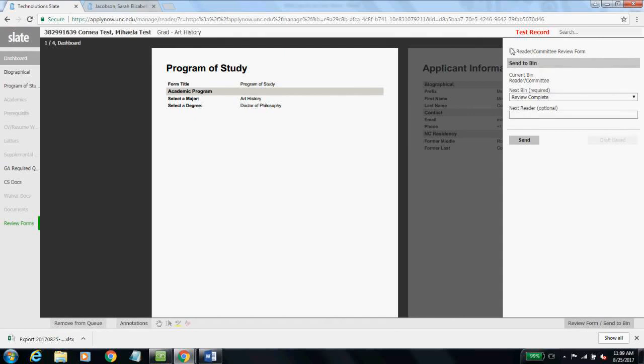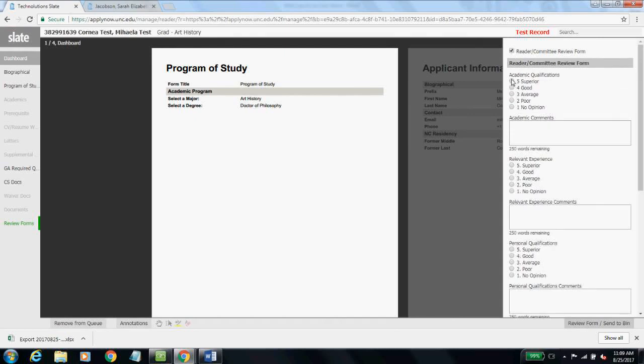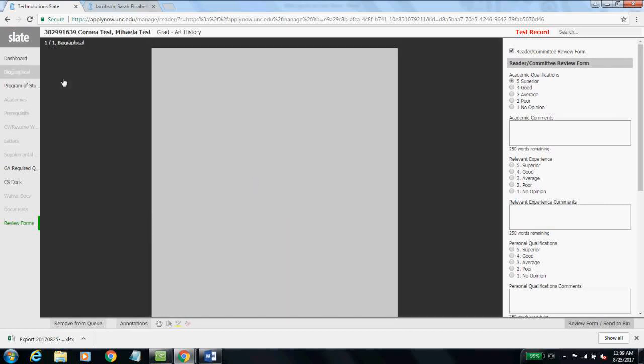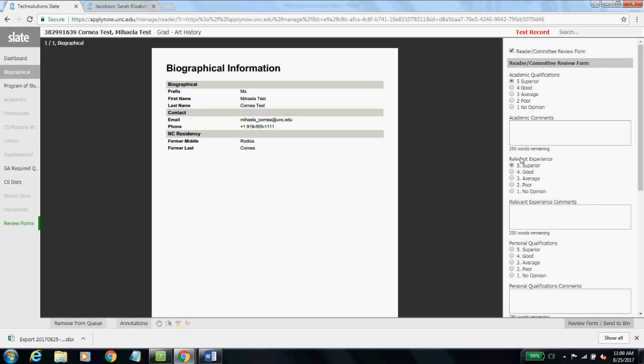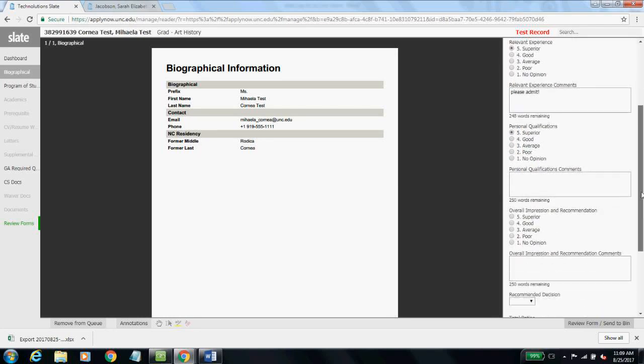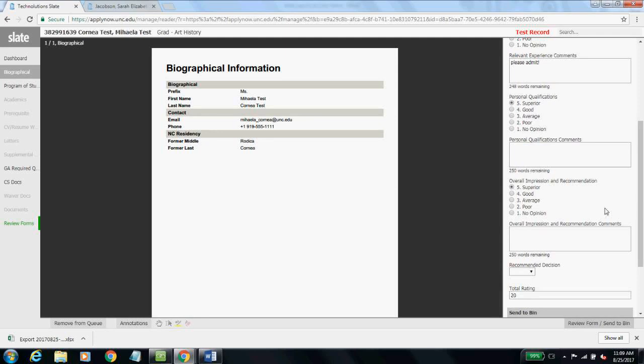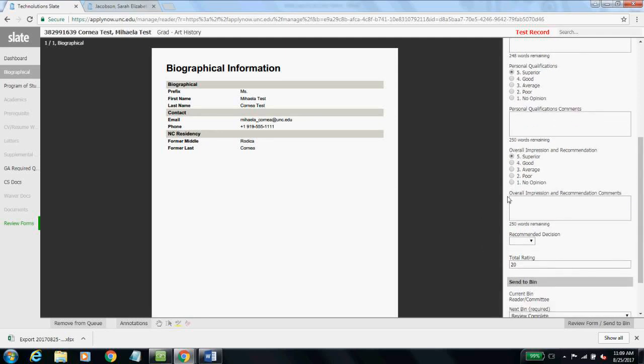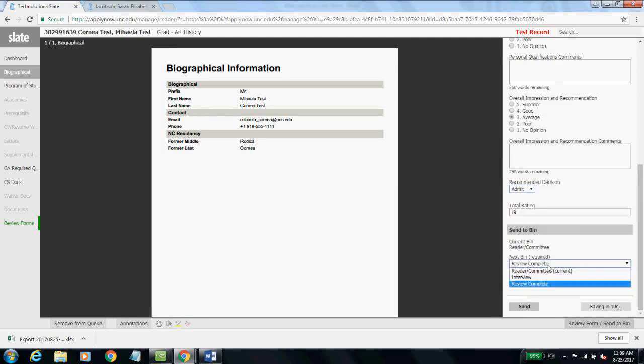And if they check this Reader Committee review form, they can evaluate this application right here by looking at the pages electronically. They can give notes and say yes, or please admit, and give different ratings for different aspects of the application. The total rating will automatically update for you, so you don't even have to do basic math. They can give an overall impression, and they can recommend a decision here. So you can have all your reviewers come in and you can look at what they think you should do. And then they can move it on to the review complete bin,